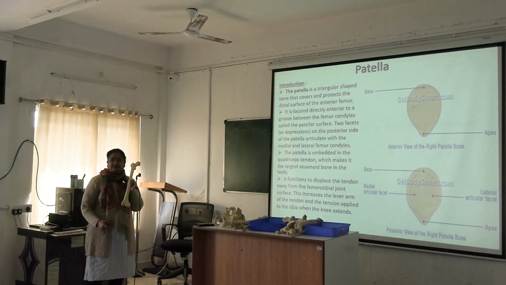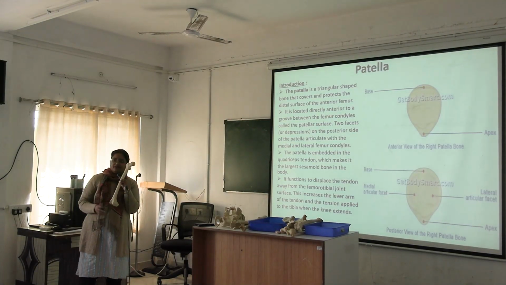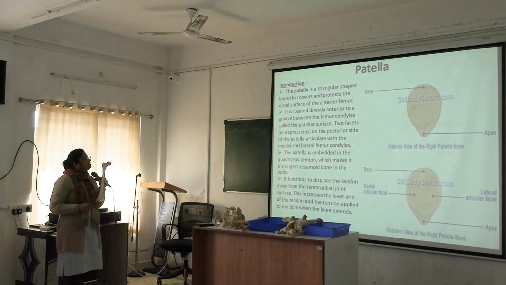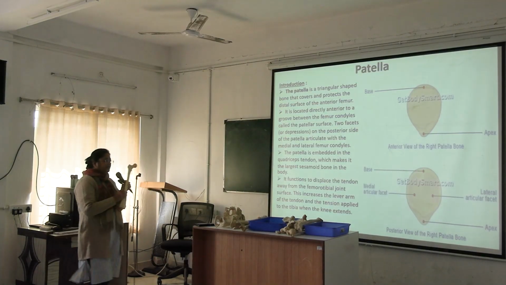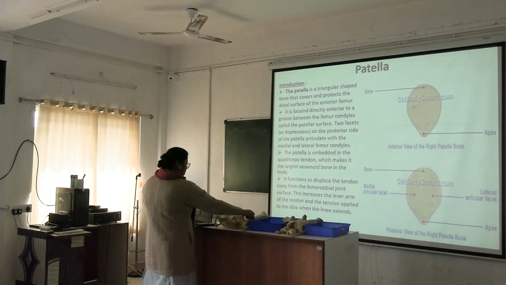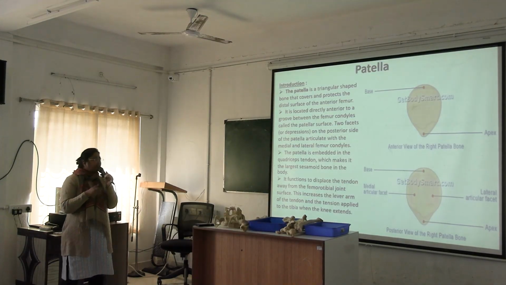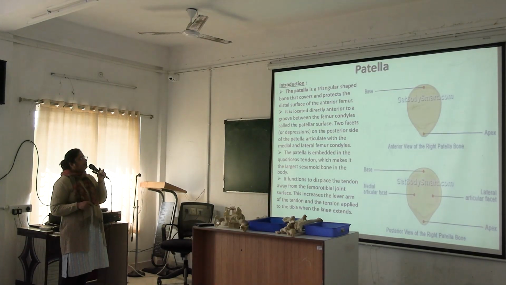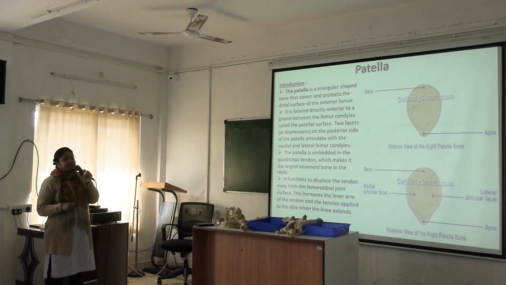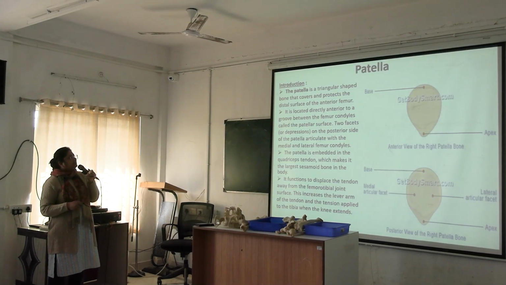Next we are going to patella. So we have completed femur. Okay, patella is the triangular shaped bone. Okay, here you can see, this is patella. Okay, it is a triangular bone that covers and protects the distal surface of the anterior femur, and it is located directly